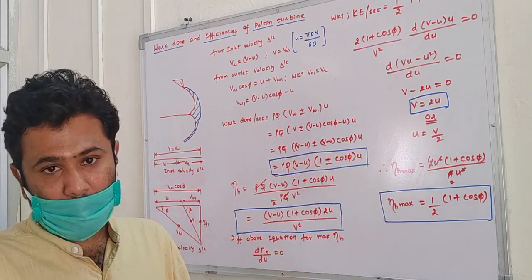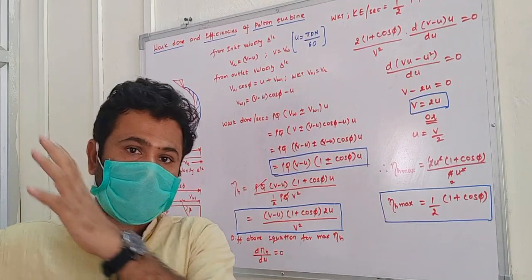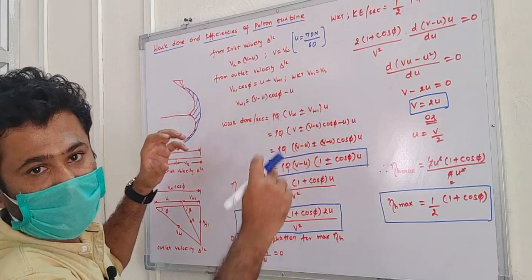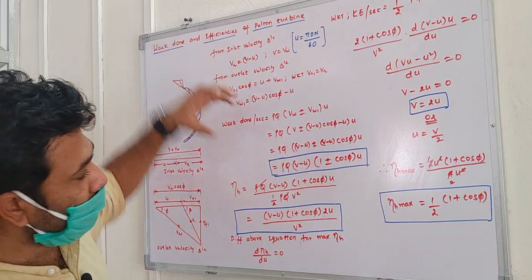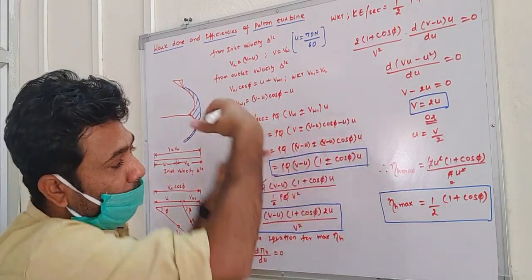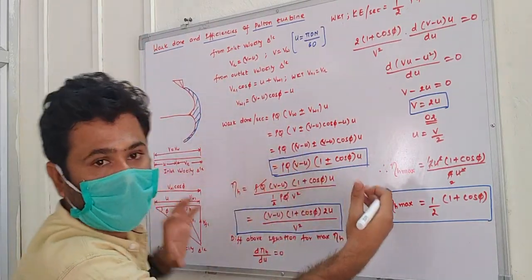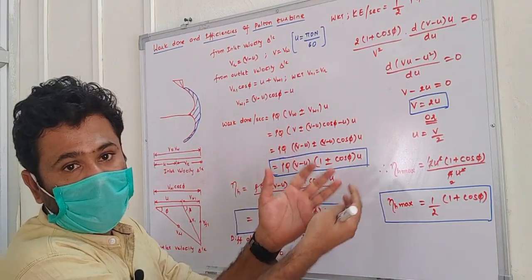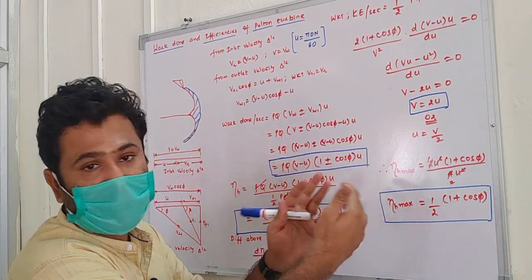In the case of the Pelton turbine, we say it is an impulse turbine because of all the energy that we get, as the layout of the hydroelectric power station has already been discussed with you. We store the water at a higher level, then convert all that pressure energy into kinetic energy, and that kinetic energy is supplied to a turbine, right? In this process we are converting the potential energy to kinetic energy. So all the energy is being converted into kinetic energy itself, so there is an impulse that is created. That's why it is called an impulse turbine.